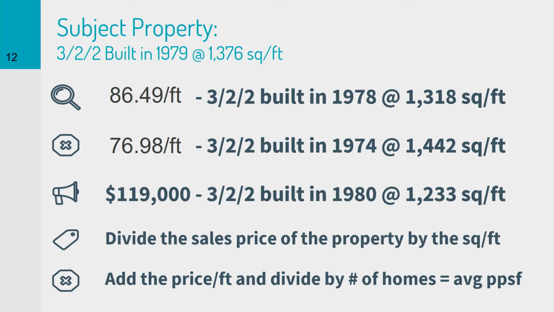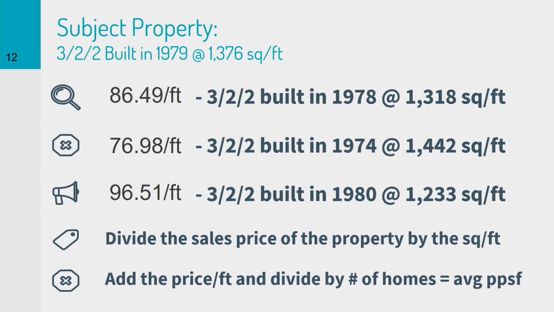Some things to look at there also, though, is that it is considerably smaller. Right. It's about 150 square feet smaller. That's about a 10% reduction in square footage. Could I still use that for a comp? Yes. But being that it was a smaller property, it sold for more per foot. And it actually sold for more overall, so we might want to look in and try to determine why those things happen. This is an art. This is not a science. So we have some things to look at there. But overall, I wanted to show you the science behind this.